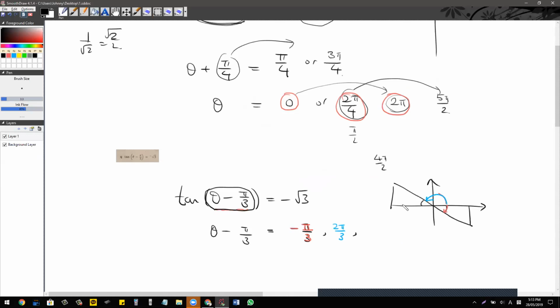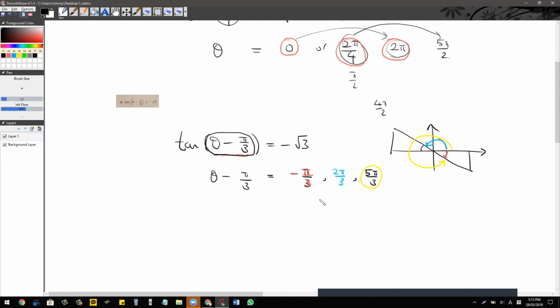Instead of having a negative angle, you can actually go for that. That's 300 degrees, isn't it? Because that's negative 60. So that's pi over 3 times 5, because 5 times 60 is 300. So you can have that rather than this one. It doesn't really matter because